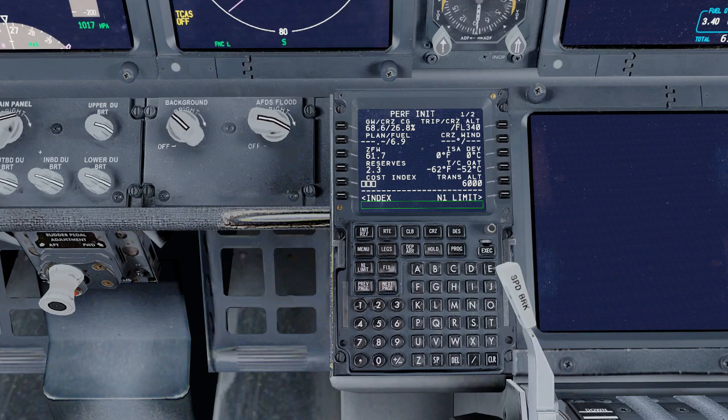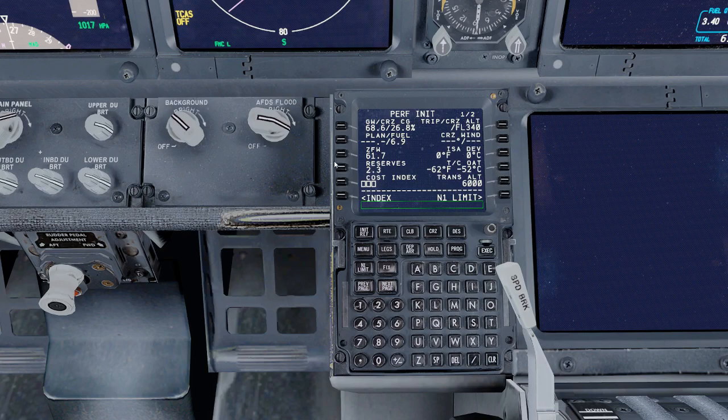I'm just going to go to a browser page quickly, try and find something I found yesterday, which is all about the cost index. I think it was on the Flightsim forum. Basically, it's a sort of a coding that tells the FMC what sort of performance you expect from it in terms of fuel burn or economy,